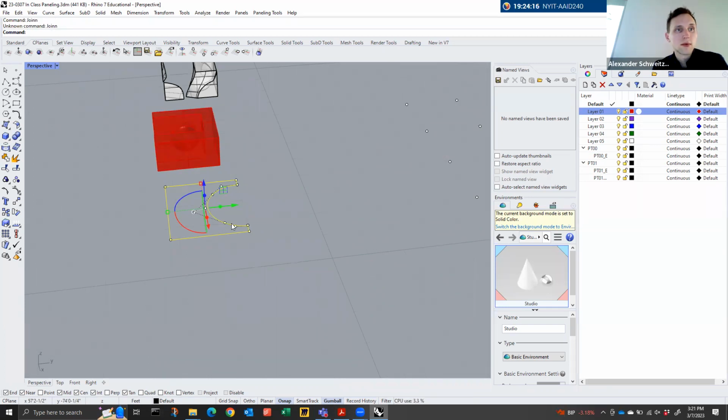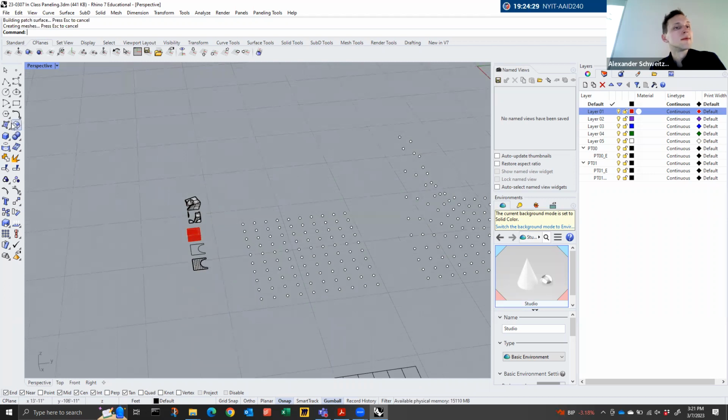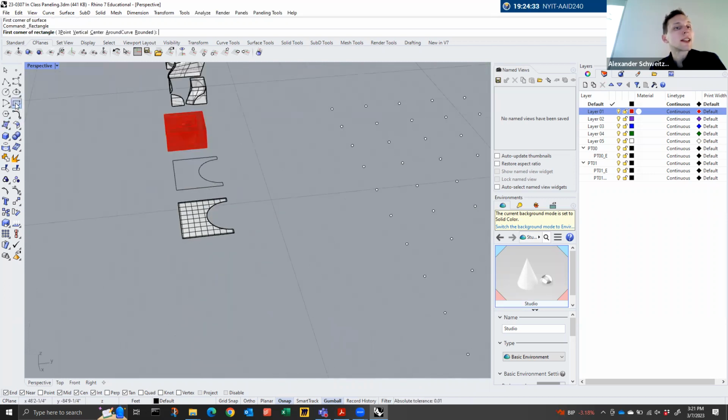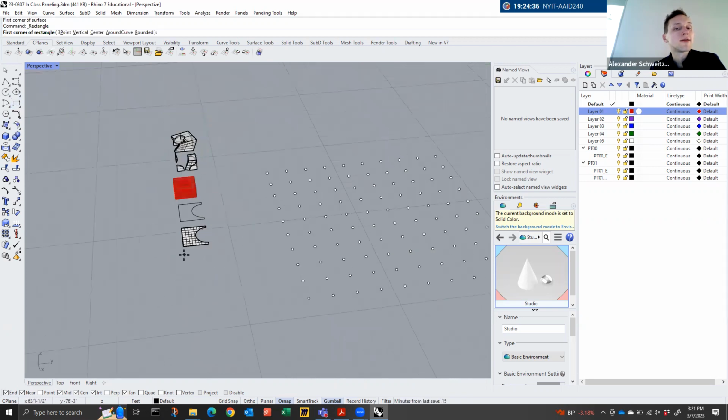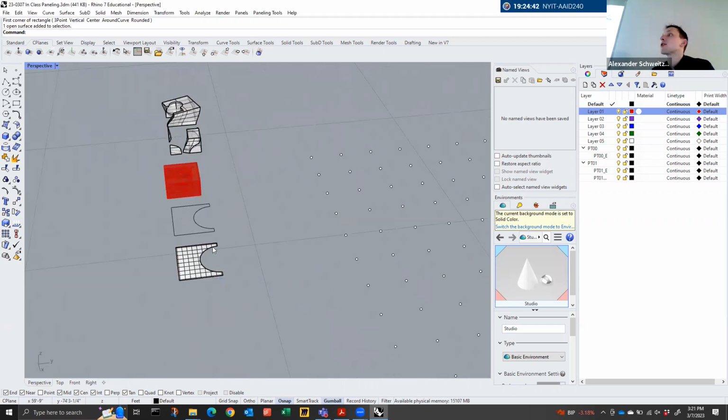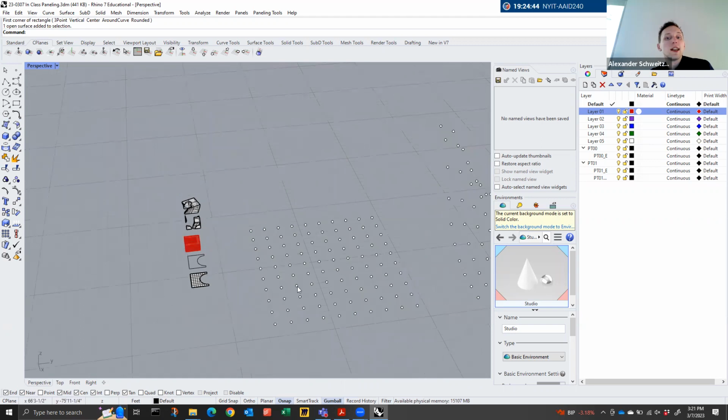All right, so let's say I have my own rectangular surface. My own rectangle right here. I just made mine with a circle just to show you as an example. So now I can use,